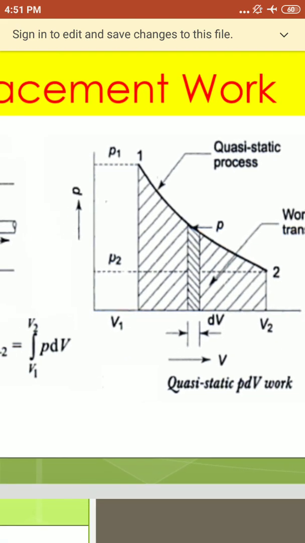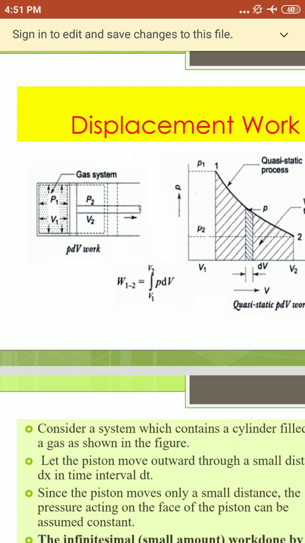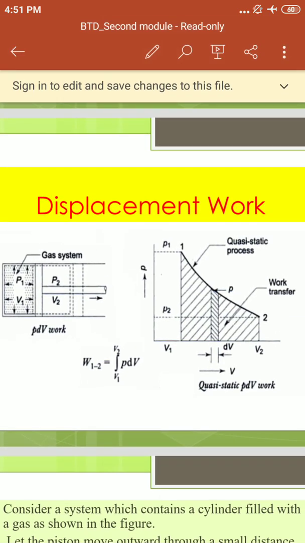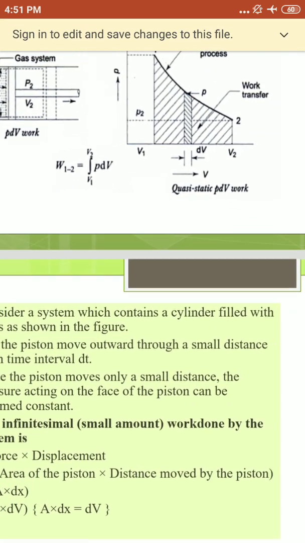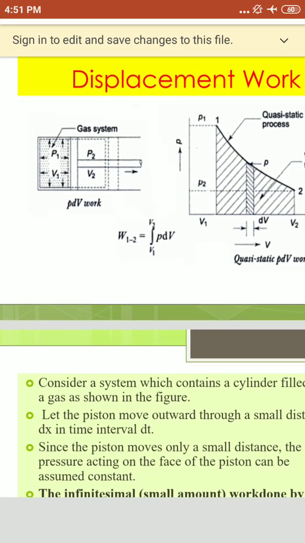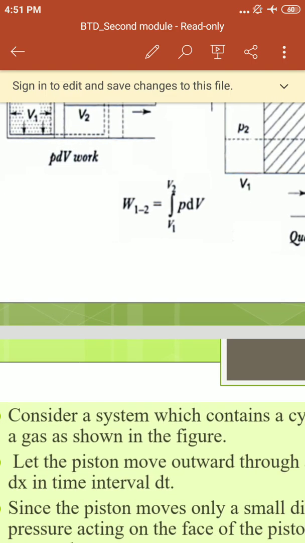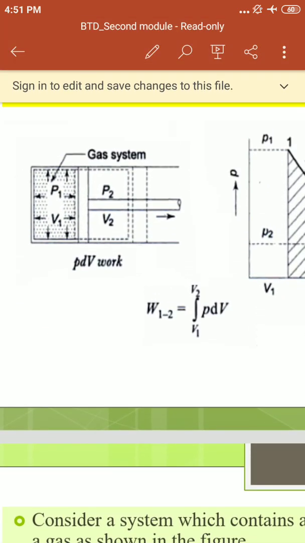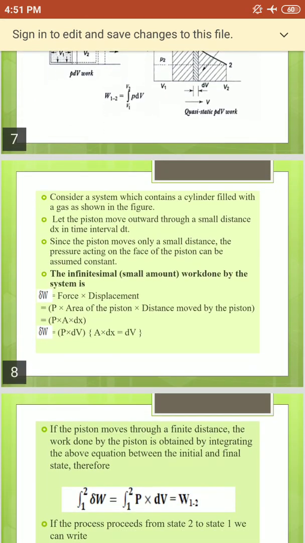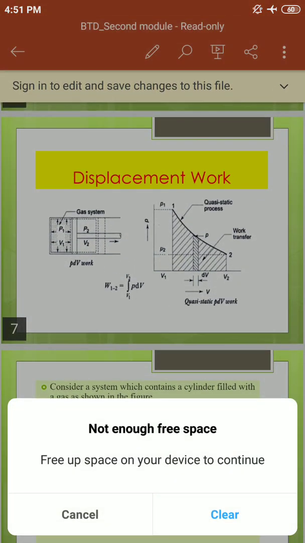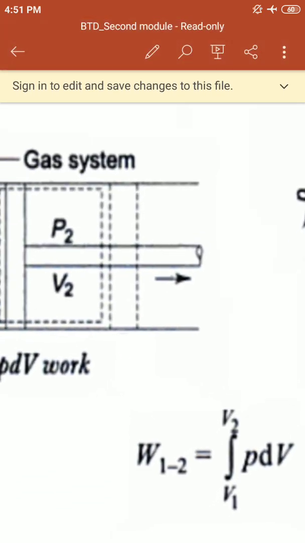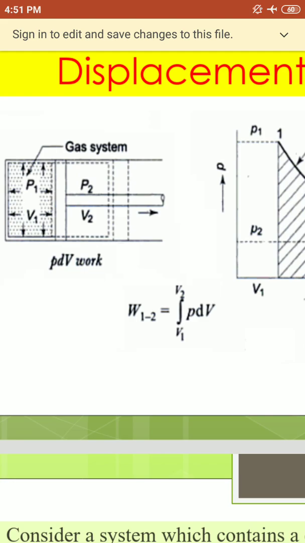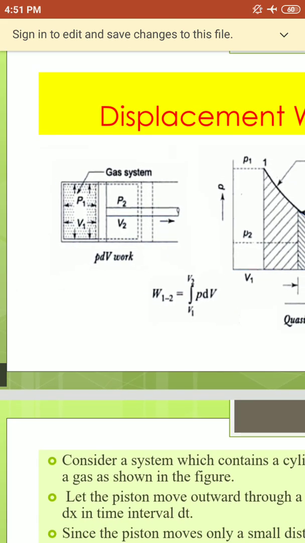This is, in general, a quasi-static process. How do we write that? Consider a system which contains a cylinder filled with gas. That cylinder is filled with gas. Now when the piston moves outward, from the initial place to the final place, that is P1 to P2, when it moves,